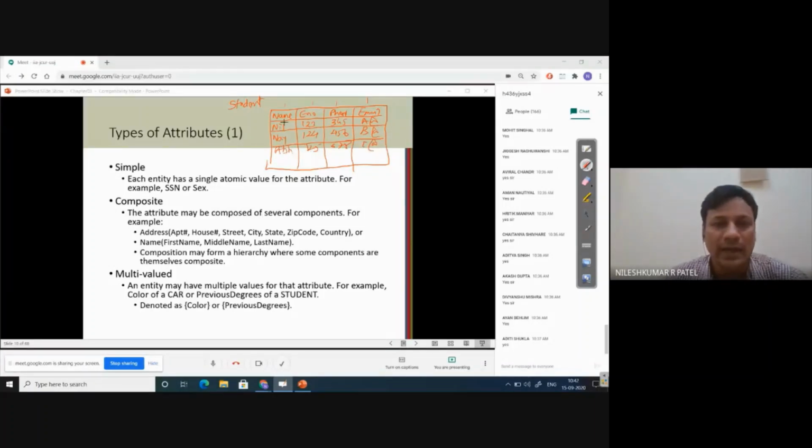So every student's detail constitutes one entity. Assume this is entity one, this is another entity, this is the third entity. So every record in the student table represents one entity.